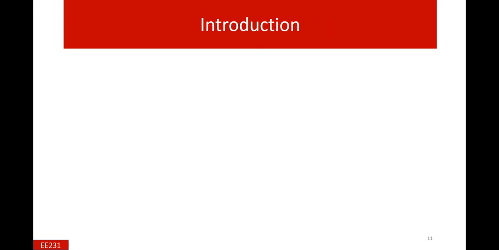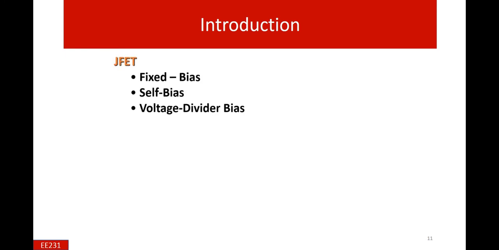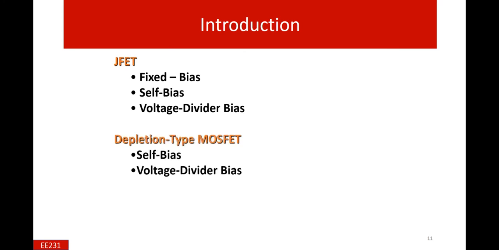So the next portion of the lecture starts with the discussion of FET biasing, and in this we will start with the discussion on JFETs and different types of biasing, like fixed bias, self bias and voltage divider bias. As you already covered in chapter 4 different types of biasing, the same types of biasing will be applicable here, but the characteristics of the device we will definitely use as we studied in the last 2-3 slides, like the fixed bias, self bias and voltage divider bias.